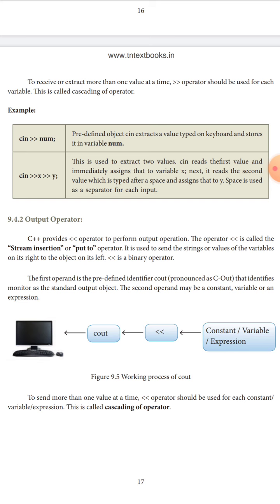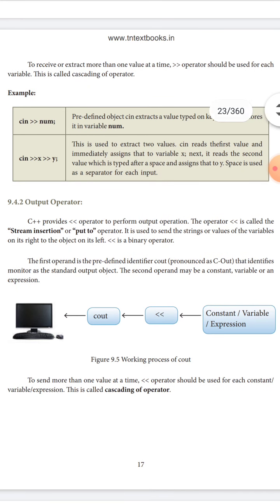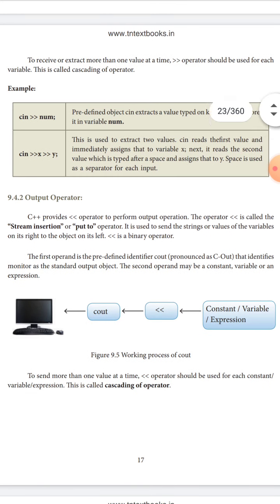The operator is called the stream insertion or put to operator. It is used to send the string or the value of the variable on the right to the object on the left. In this binary operator, the first operand is the predefined object for the screen monitor, pronounced cout, which identifies the standard output object.